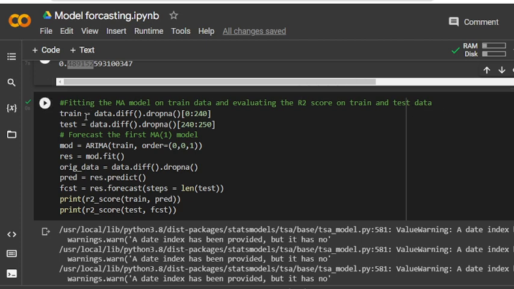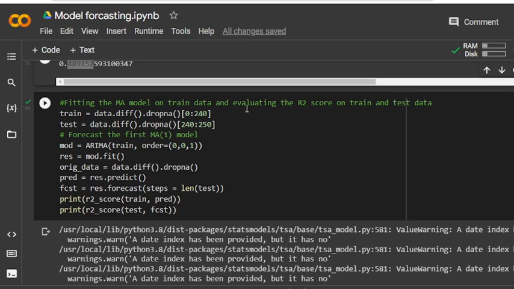For training we use the data differences with drop NA, starting from 0 to 240, and testing on the data from 240 to 250. You can choose this split according to your data, because if you have 800 rows, you can split it as you like.